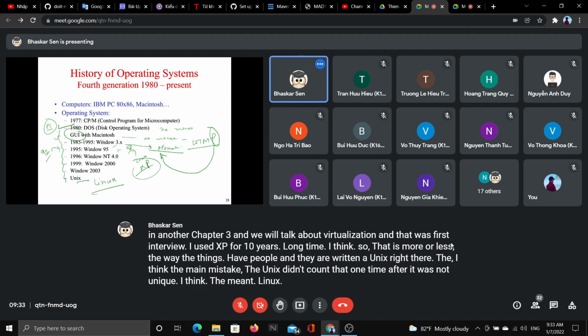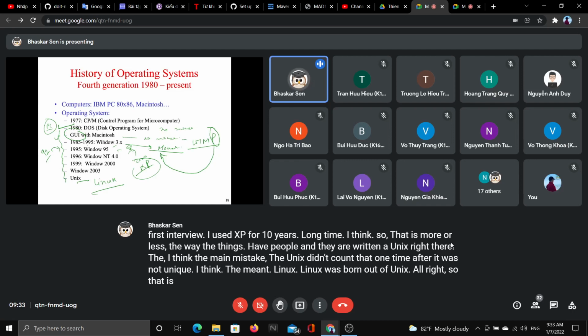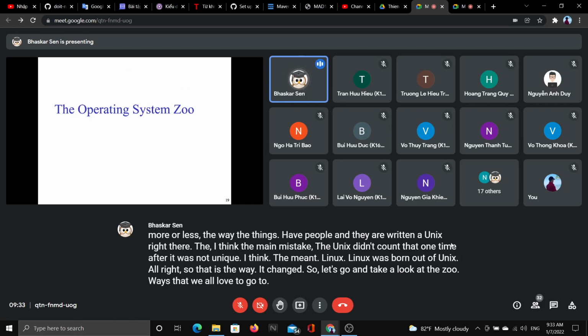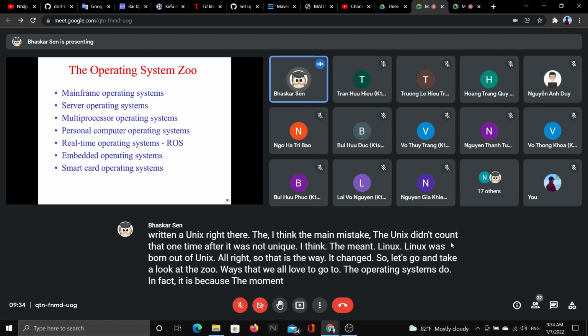Linux was born out of Unix. All right, so that is the way we keep changing. So let's go and take a look at the zoo, a place that we all love to go to. The operating system zoo, in fact, it is, because at the moment you're sitting inside your study room, you just